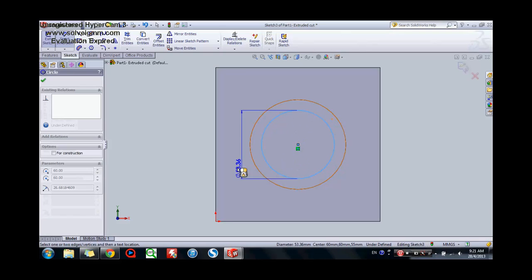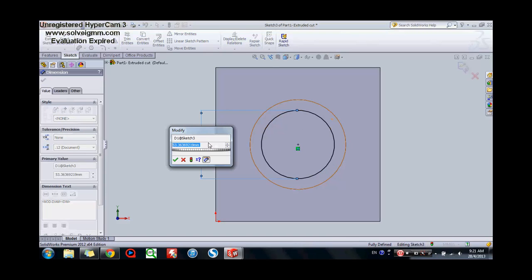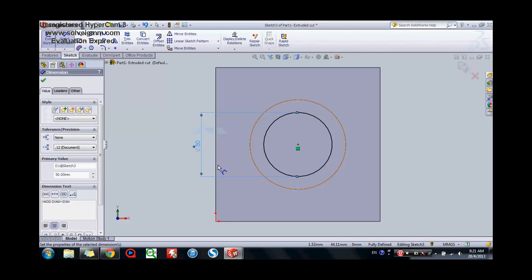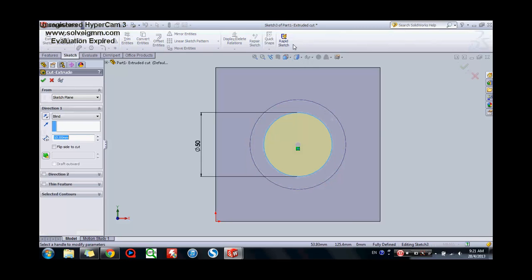Alright, there it is. And we set it to 50. Okay, after that what we need to do is press the exit sketch